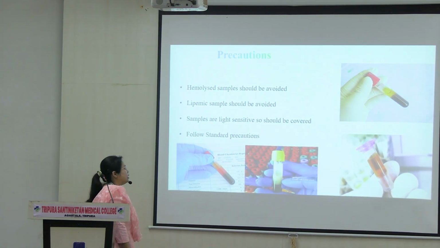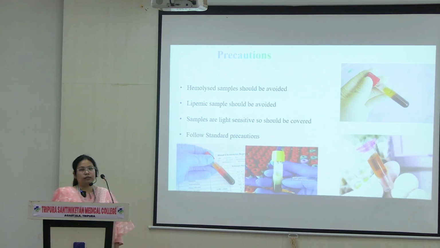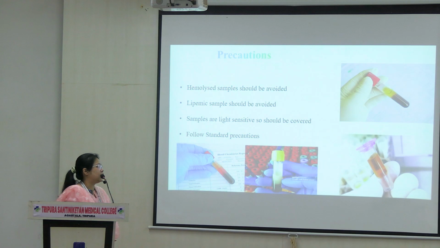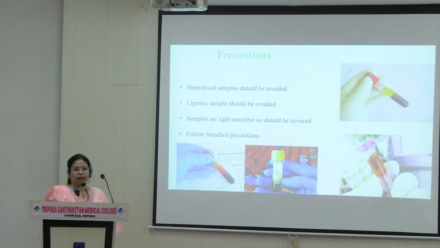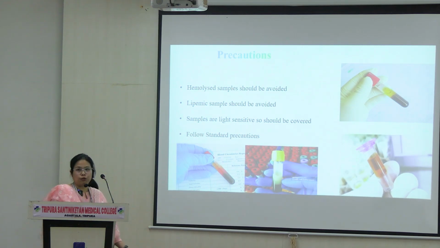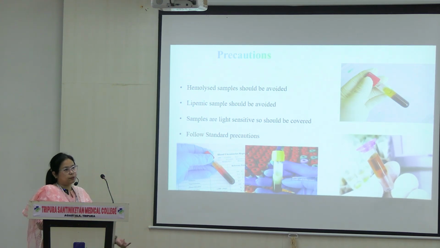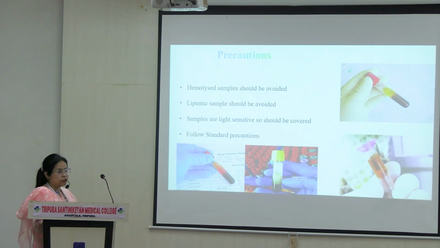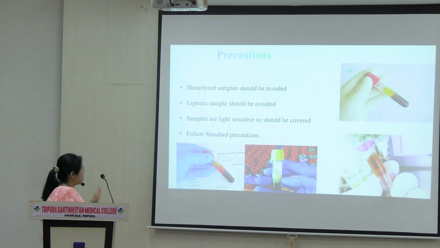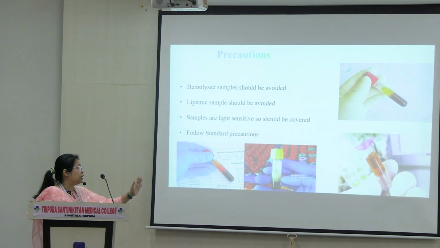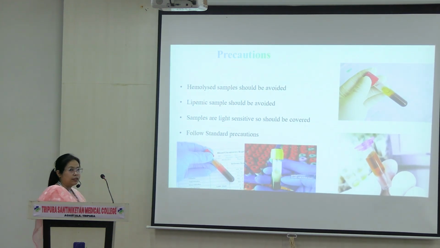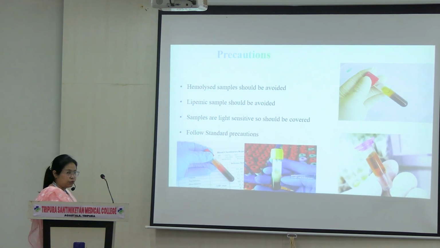After that there is icteric. If somebody has jaundice, or let's say total bilirubin is very high, we can even see it from the serum itself. You would see the last one is a highly colored serum. From there also we can know that this person has some problem with the liver. So this is just the very practical part of what we do in the hospital. Precautions to maintain: do not take the sample into sunlight, do not use hemolyzed samples, and samples that are lipemic, with more lipid, are not used for measurement.